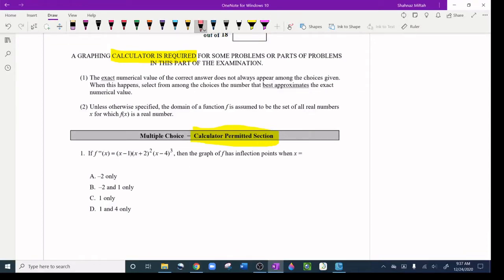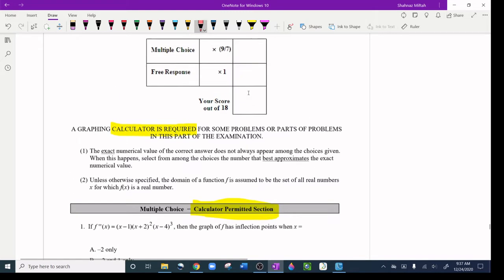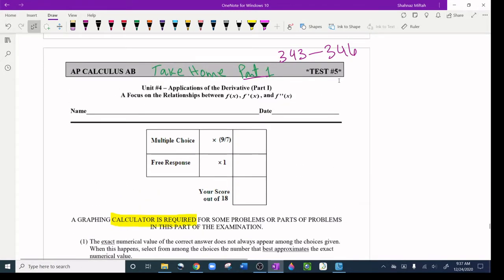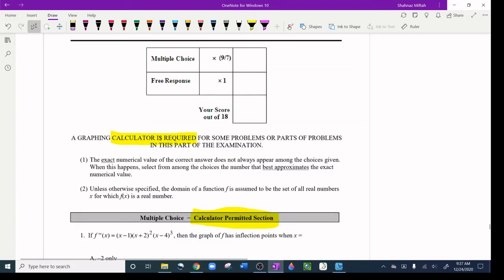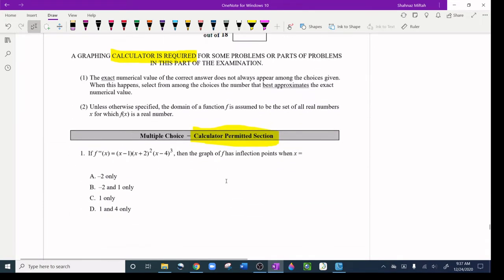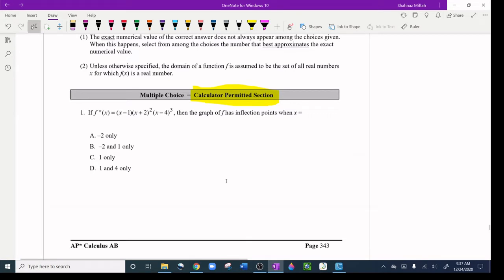This is take home test number 5, and it's a take home, and it's the one with the calculator. Calculator is permitted for these multiple choice questions. Question number 1: if f double prime x is equal to (x minus 1)(x plus 2) squared (x